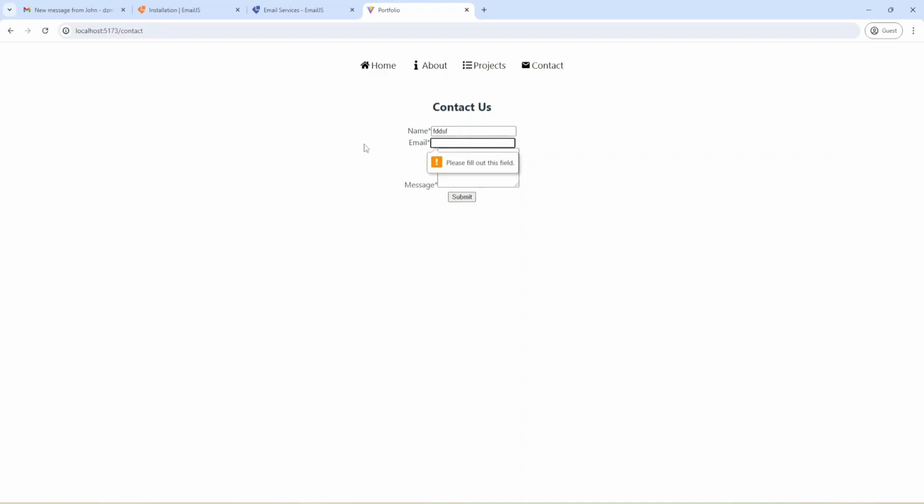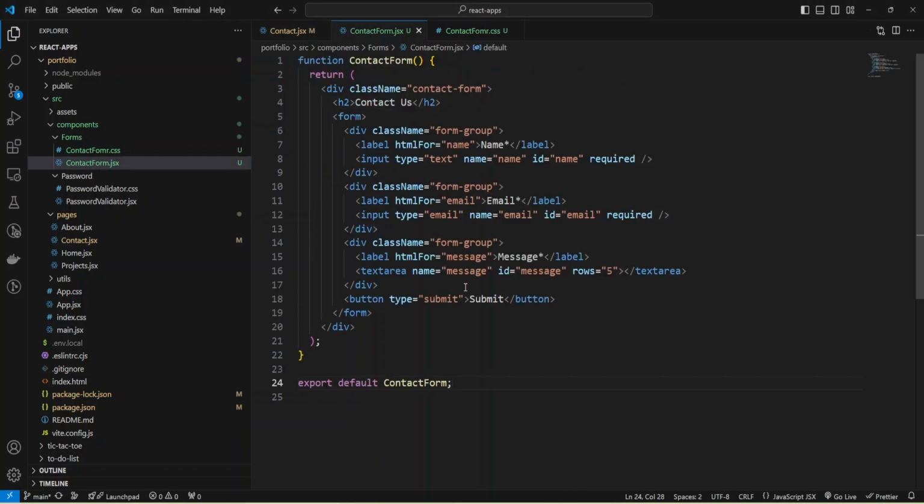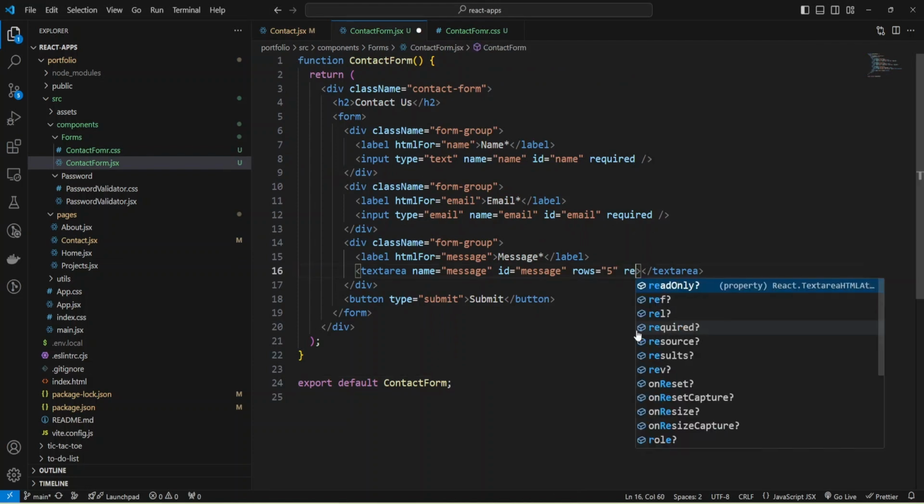And also we have email required, and I can provide some values. And as you can see, we need a valid email, and I'm going to provide test.com, and now I can submit. And we need to make message required. Let me do it. In my contact form it will be required,